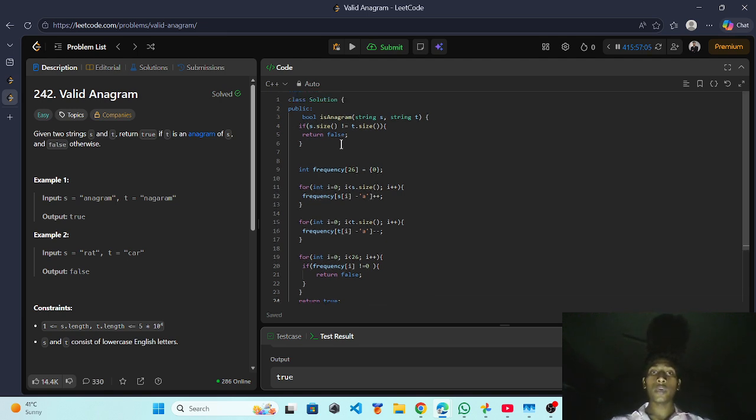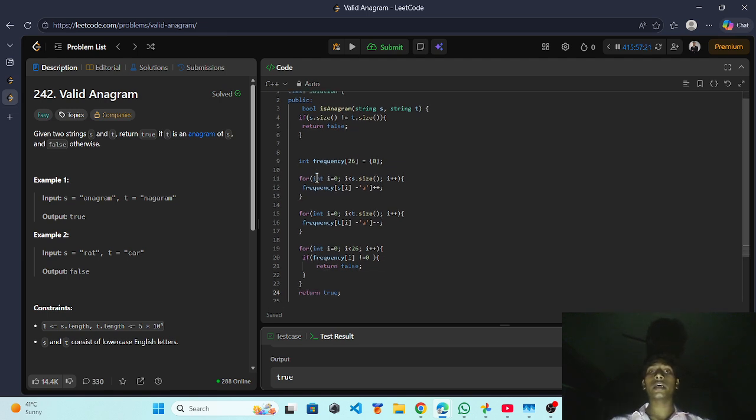First of all, we have a condition: if the size of the S string is not equal to the size of the T string, then return false, because that will not be a possible anagram, a valid anagram.